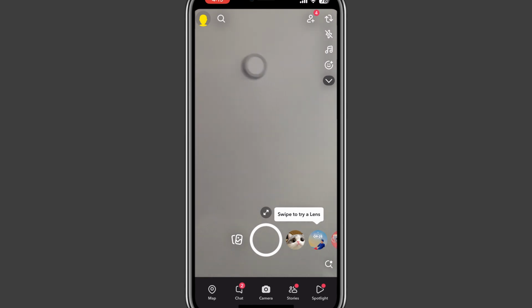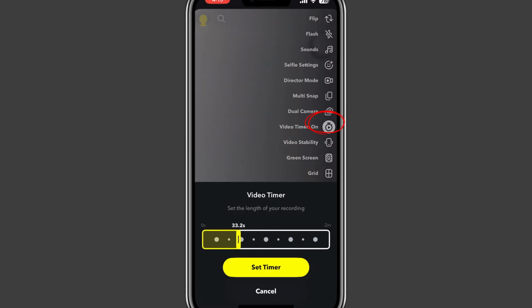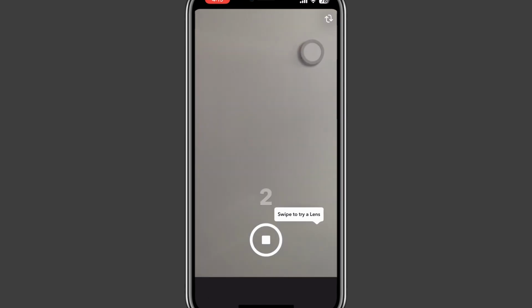Now let's say you wanna film without holding the button. Simply go to the stopwatch right here, tap on it, and you can see timer right here, tap on it, and just set the timer like this, and tap on set timer. And now click on this button, and just like that you set timer, and it will automatically start the video